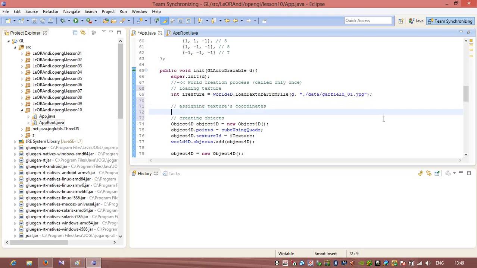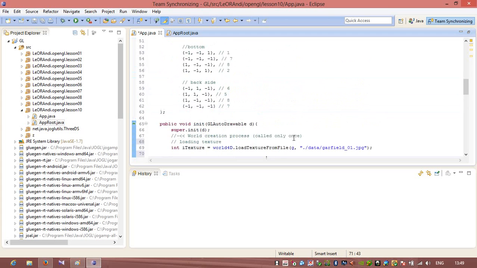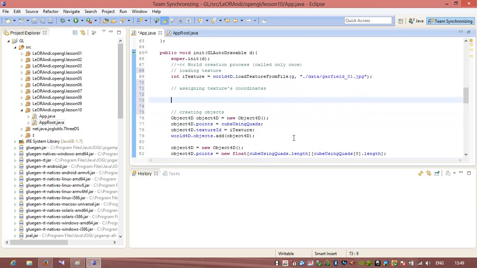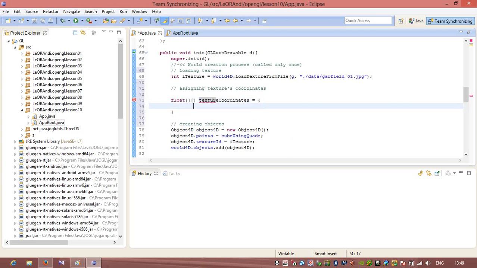Sorry. We will use a float array of array texture coordinates equals to array. So here I will use